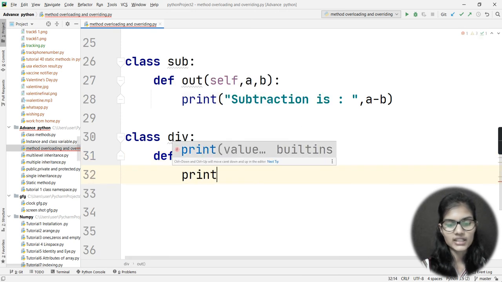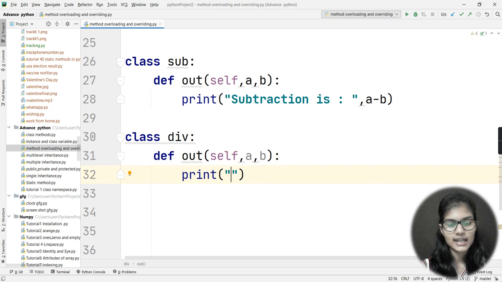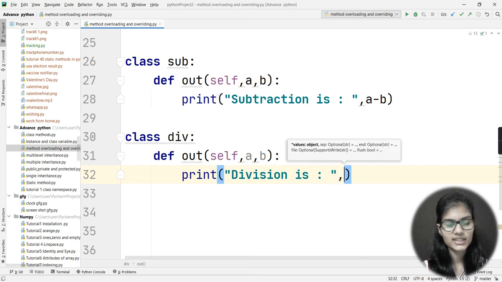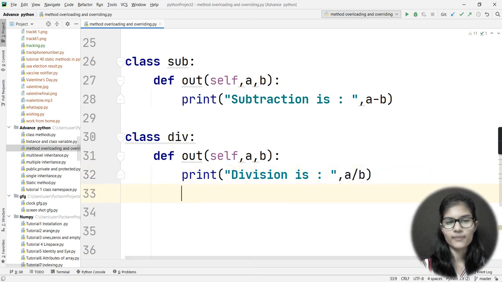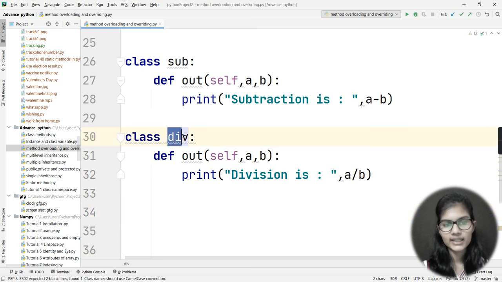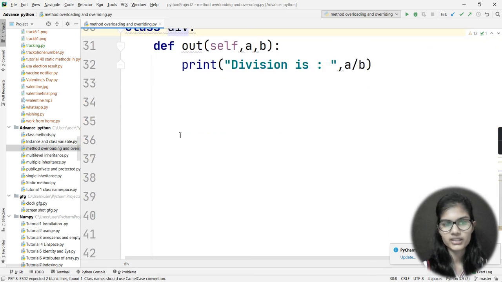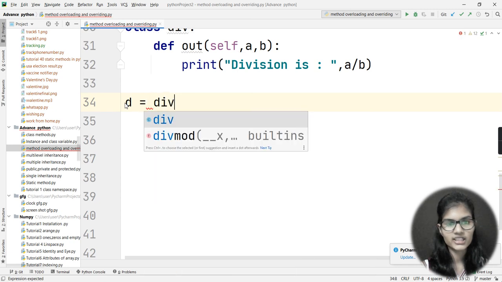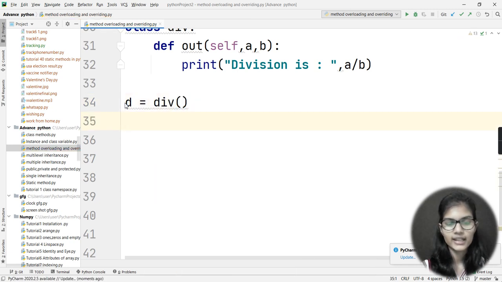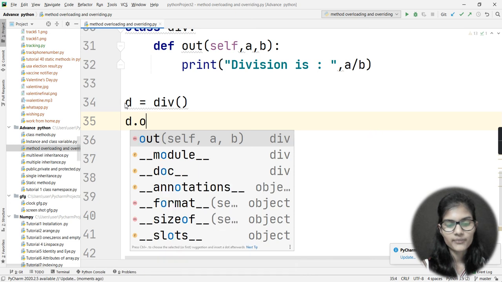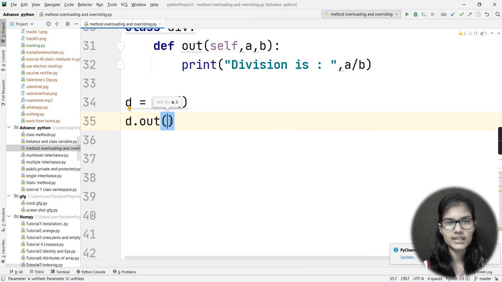And in my print statement, I would simply write print, and here I would write division is, again I would put the colon, put a comma outside my quotes, and I would just write A divided by B. Right, so this is the thing which I have done. Now what I'll be doing is making the object for my div class. So let's say here I write small d is equal to div, the object I had made, right? And if I write d dot out, and now if I try to run it here and